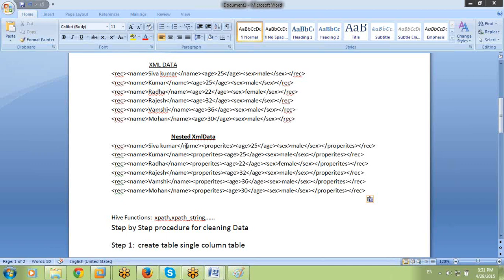If you have nested XML data like this, how do we clean this type of data? Convert this data into table format. What I'm trying to say is, first understand the data. Read the first line, compare the previous line and this line.